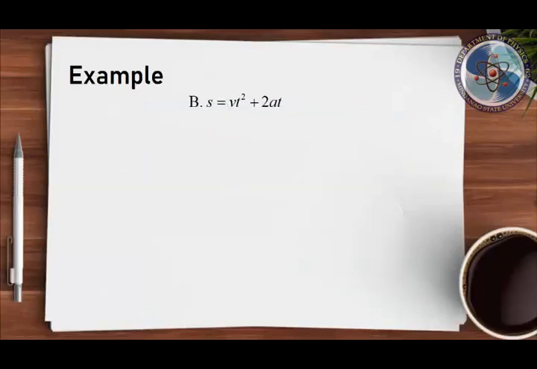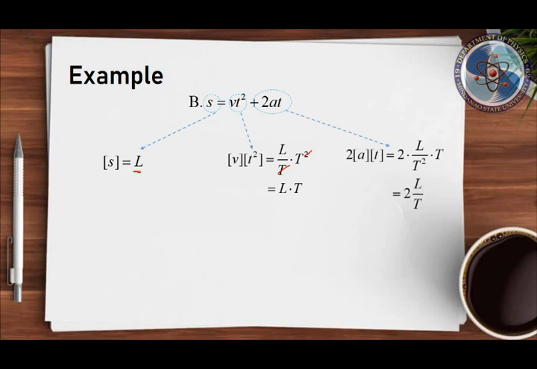For the second expression, s is equal to vt squared plus 2a. Again, on the left side of the equation, it has the dimension length L. On the right side, the first expression, vt squared. So we'll end up with LT, because there's only one t at the bottom inside the v, and t squared from this part here. So only one t will be cancelled out,